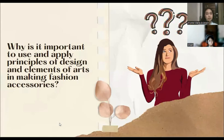Why do you think it is important to use and apply principles of design and elements of art in making fashion accessories? So, bakit ba natin to pinag-aaralan? Bakit ba siya mahalaga? Okay, Mr. Carl, you are raising your hand. Why do you think it is important to use and apply principles of design and elements of art in making fashion accessories? It is important to apply